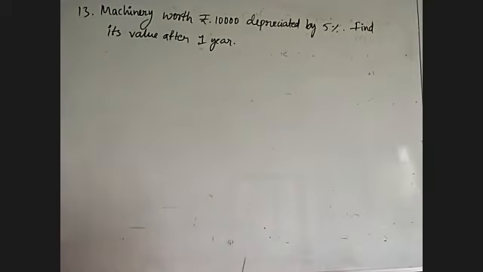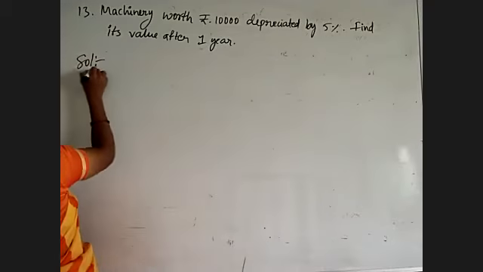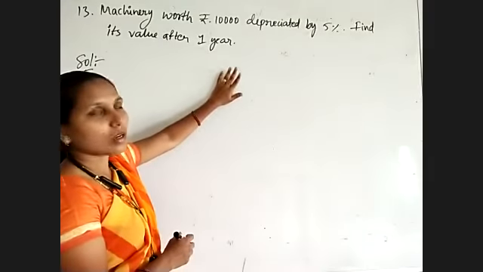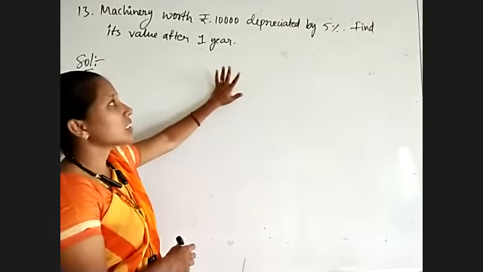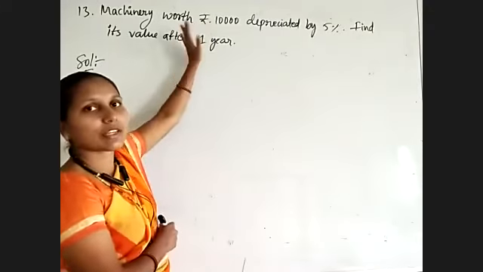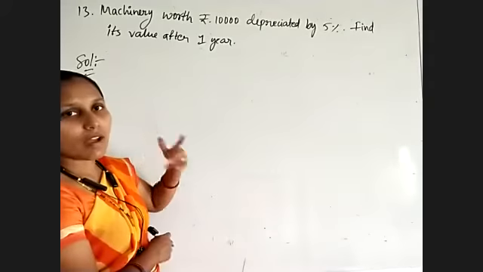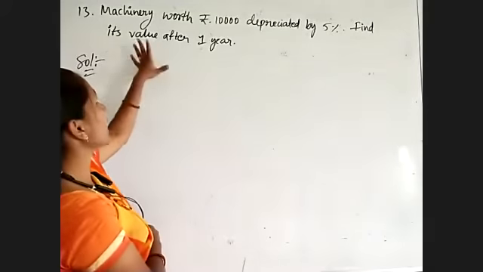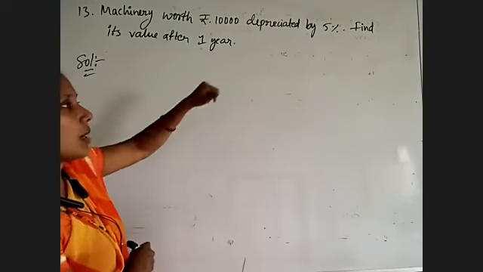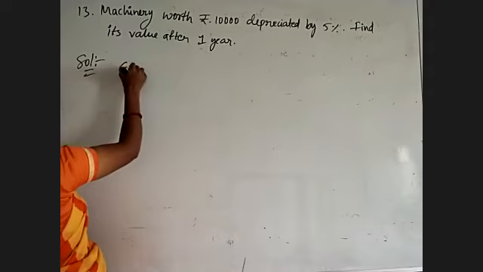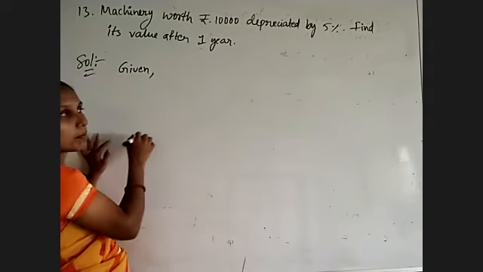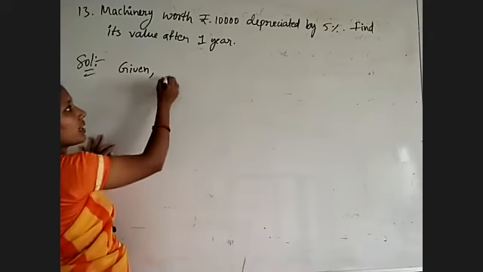Okay, observe the given problem. Here they have given that machinery worth 10,000 rupees is depreciated by 5%. Percentage given. How much depreciation we have to find. See, depreciation is nothing but reduction in the value. Means actual value 10,000 will be reduced by 5%. Why it is reducing means because of usage of that item. Okay. Now find its value after 1 year. How much it is reduced? First find out. So given actual value of the machinery is 10,000 rupees, but depreciation in that value is equal to 5%.